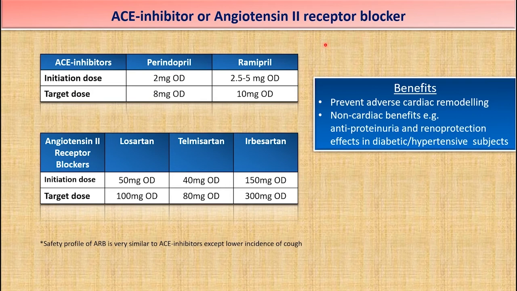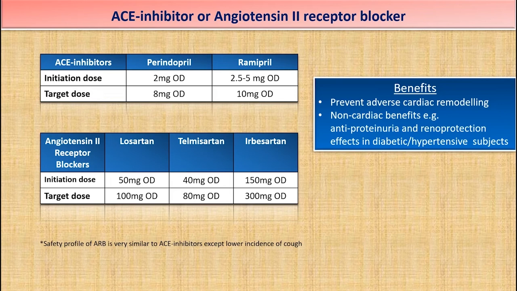In practice, ACE inhibitors will be the drugs of choice unless there are contraindications to ACE inhibitors. Only then will we consider using an angiotensin II receptor blocker as an alternative. So what are the benefits these drugs confer? They have been well proven to prevent adverse cardiac remodeling, and other non-cardiac benefits are also observed if the patients have other comorbidities as well. For example, it's a proven drug with anti-proteinuria effects, and also it offers renal protection effects in diabetic